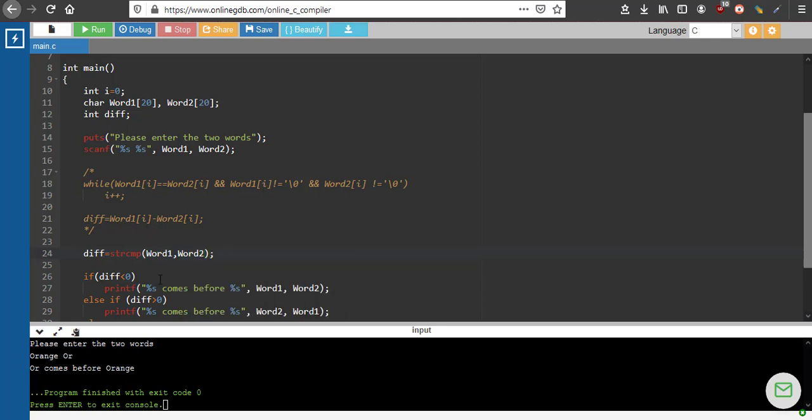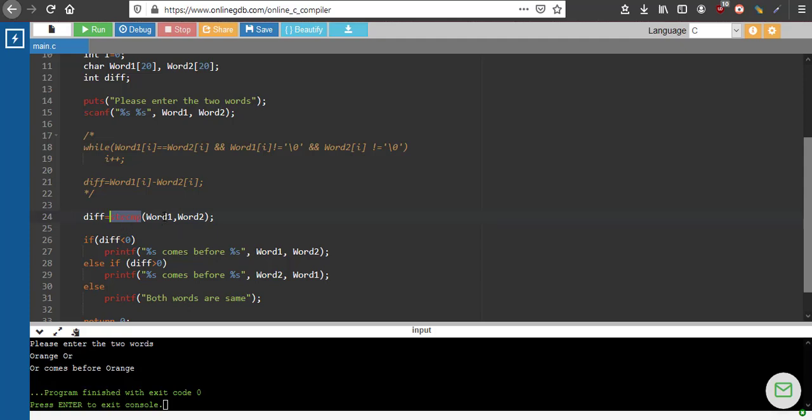If you don't know what strcmp is, we have done a video on that, so just check that. strcmp compares two strings, finds the character where both strings are not matching, and gives the difference of the ASCII values of those characters. So basically it does whatever we are doing in these lines. So this also will work fine.